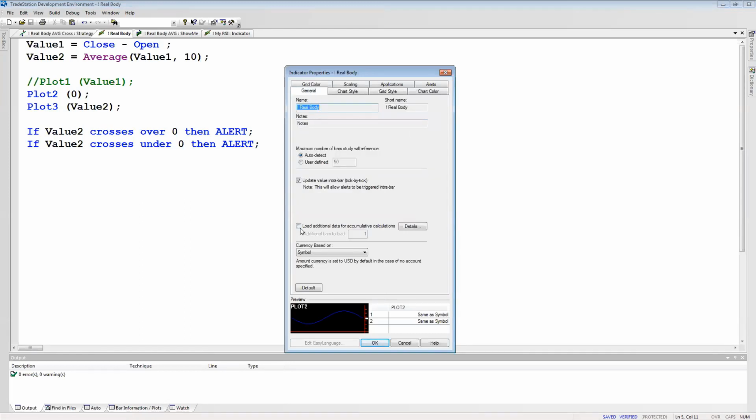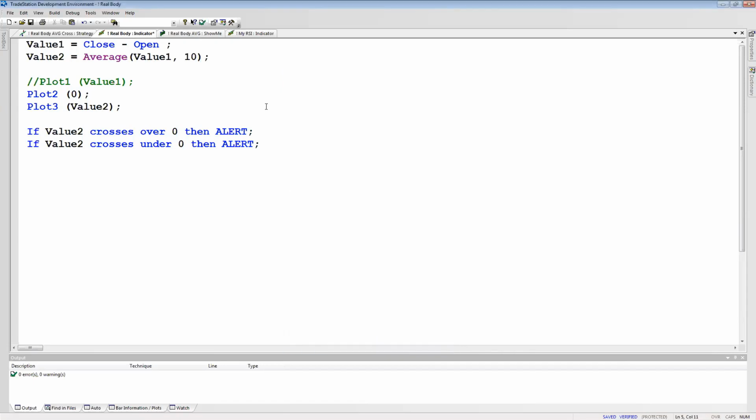In the General tab, there's a checkbox that says Load additional data for our cumulative calculations, and I'm going to just put in 100 there. What this will do is make sure that the indicator has enough data to calculate. Otherwise, radar screen tries to be as efficient as possible, and it may not load all the data that is needed for the accurate calculation. So I need to turn that on, add 100 bars, click OK, and then I'm going to right click and verify. So all I need to do is come back to TradeStation,